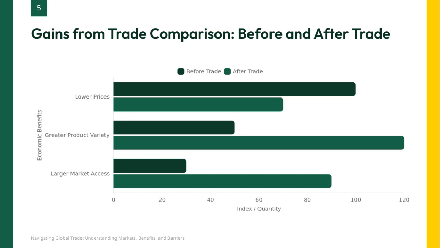On the x-axis, we measure the level of these benefits, while the y-axis lists the categories: lower prices, greater product variety, and larger market access. Notice how lower prices decrease from 100 to 70, indicating a reduction, which is a positive effect as prices have dropped. Meanwhile, greater product variety significantly increases from 50 to 120, showing that trade has vastly expanded the range of products available. Similarly, larger market access jumps from 30 to 90, highlighting how trade opens up bigger markets for businesses